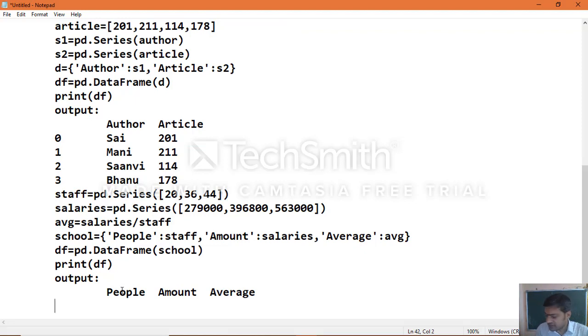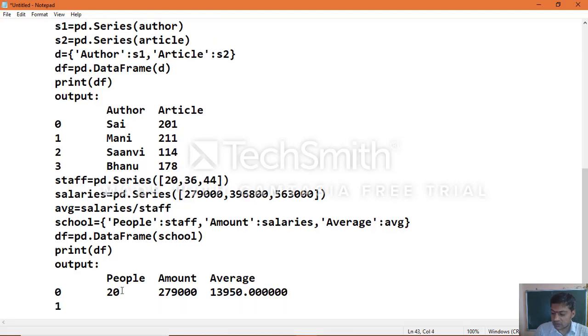Then you will see here index is 0, that is total staff 20, then amount 2,79,000, average salary is 13,950.00. Same way 1, then total staff is 36, 3,96,800, and average salary is 1,122.00.